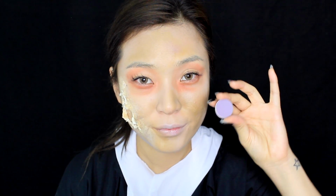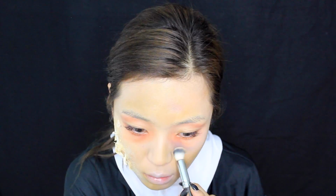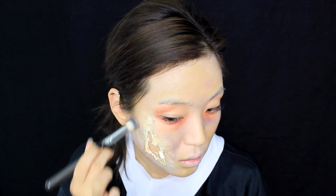Once that's done, I'm going to use a pastel purple eyeshadow and blend that out in patches again all over the face. There's really no right way to do this. It's pretty much random as you can see, so feel free to just be messy and add on other shades